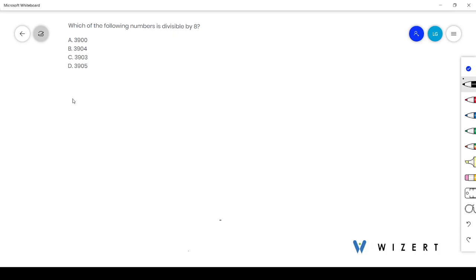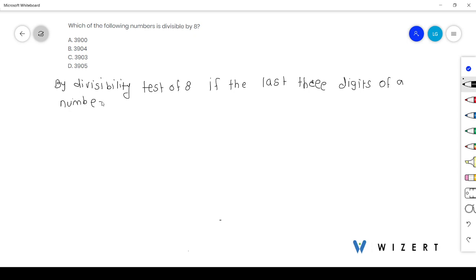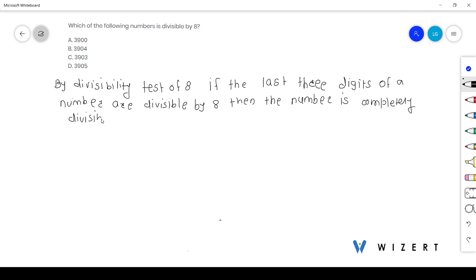Our question is, which of the following number is divisible by 8? By divisibility test of 8, if the last 3 digits of a number are divisible by 8, then the number is completely divisible by 8. So let us check first option A,